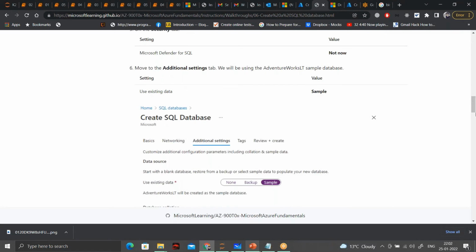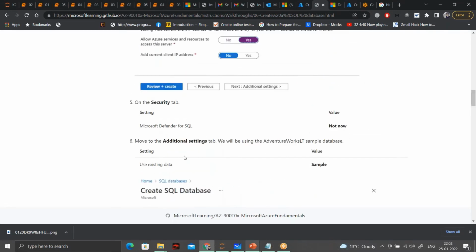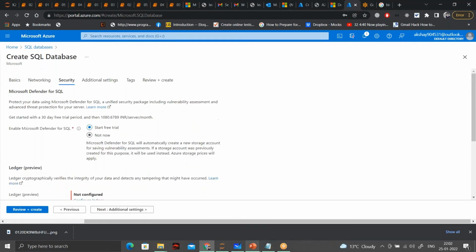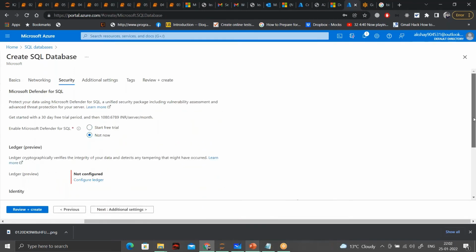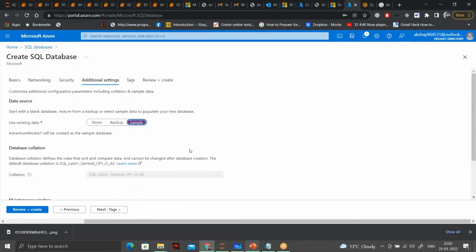In order to reduce cost, we will just remove this, and we will also use an existing database, so we will have some sample data already loaded into the SQL database that we are creating. I'll choose sample.